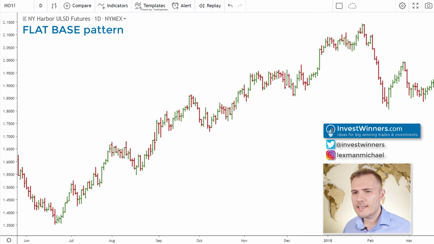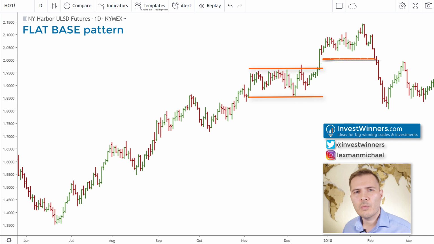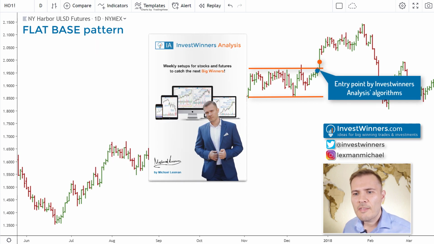Let's see how this stagnation looked on the daily chart. Here are the bottom and top trend lines of the stagnation itself. You shouldn't try to enter the trade before week 5 ends. Flat base formation lasted 6 weeks. According to common rules, the entry point was slightly higher than the highest price during the pattern formation. And here is the entry point according to my two-stage system.